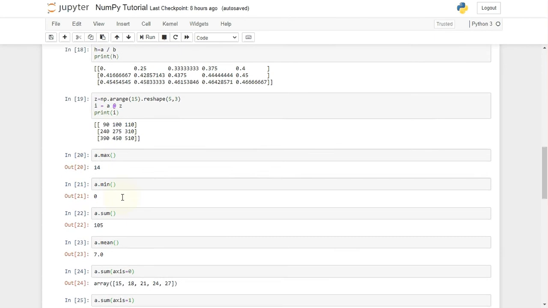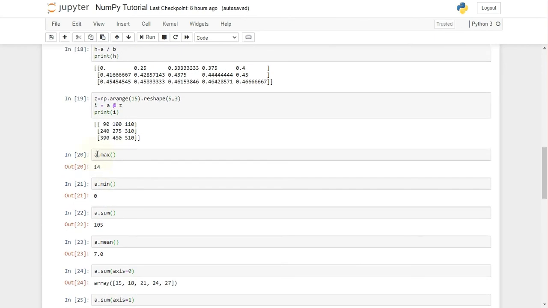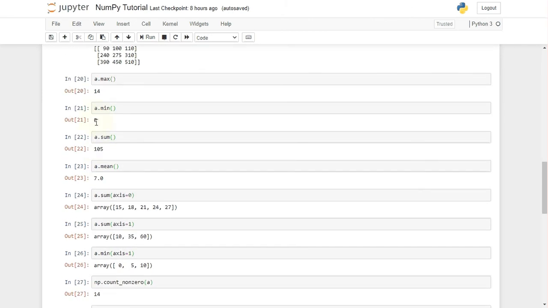Then to calculate the maximum among all the elements of the array, we are using the max function. Max without any argument or axis will return the maximum among all the elements of the array. Then minimum will provide us the minimum among all the elements of the array.